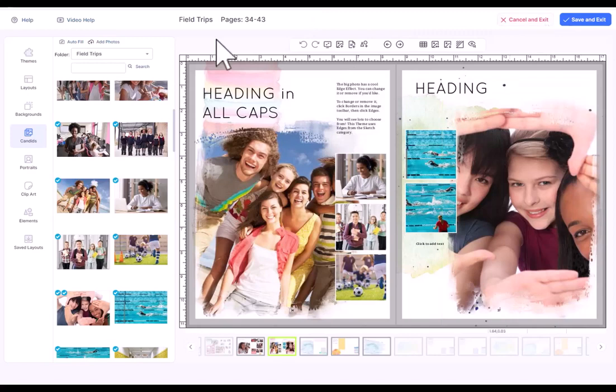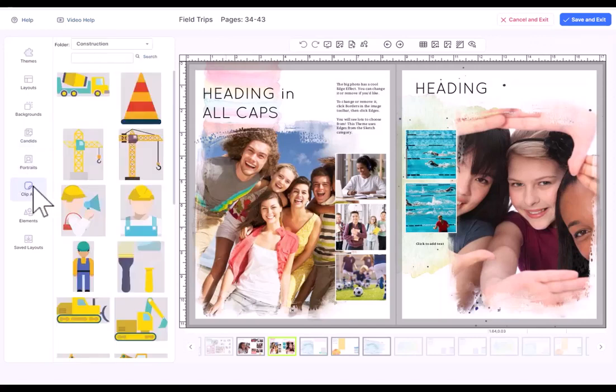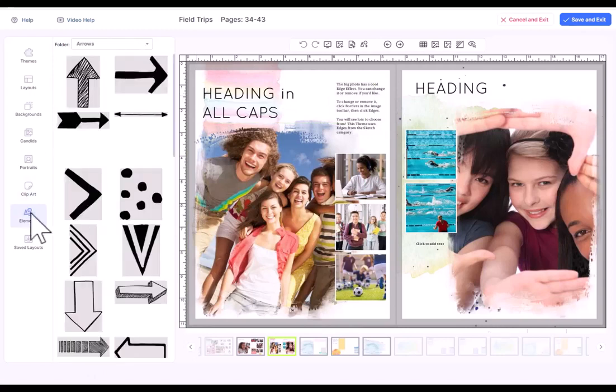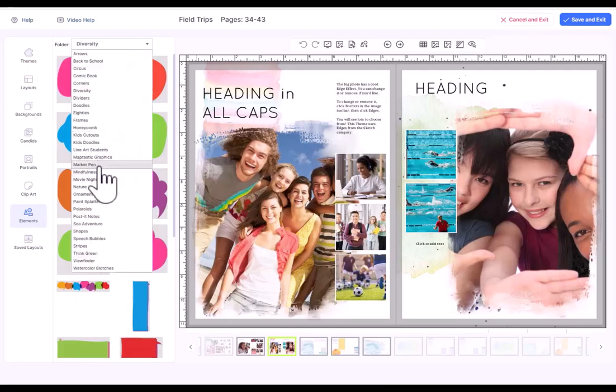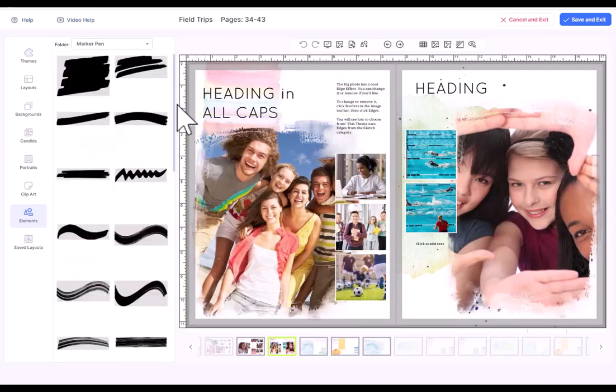Okay, let's continue and let's see how else we can start embellishing our section. We'll skip portraits. We're going to come back to that in a little bit. And let's move along to clip art. We've got thousands of pieces of clip art, all kinds of different subjects. You can search when you need something very specific. But if you go one step further down here, we've got elements, and elements are a little more modern. They're more contemporary, and there's all kinds of different elements that are useful across all of the different